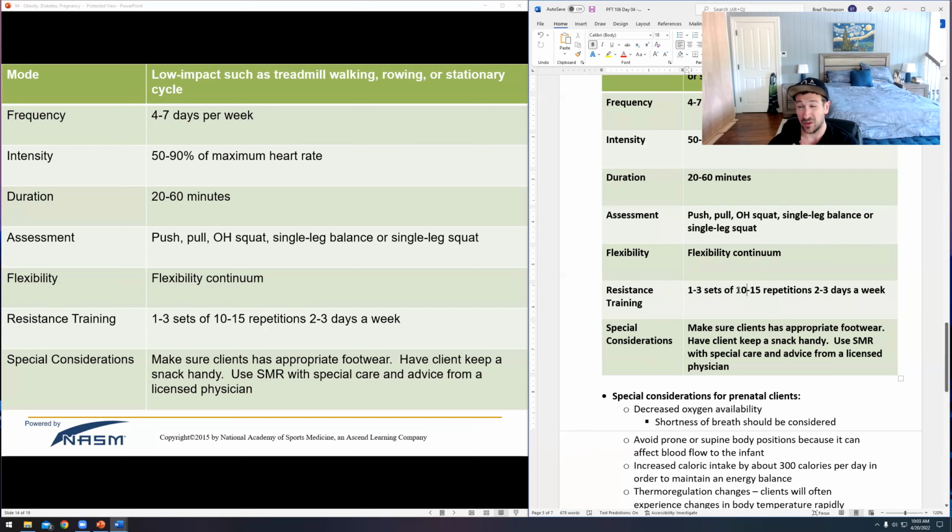I actually somewhat disagree with this. I would say if you've got a diabetic client and you do want to go for high intensity, you can drop those reps down to like 6. But